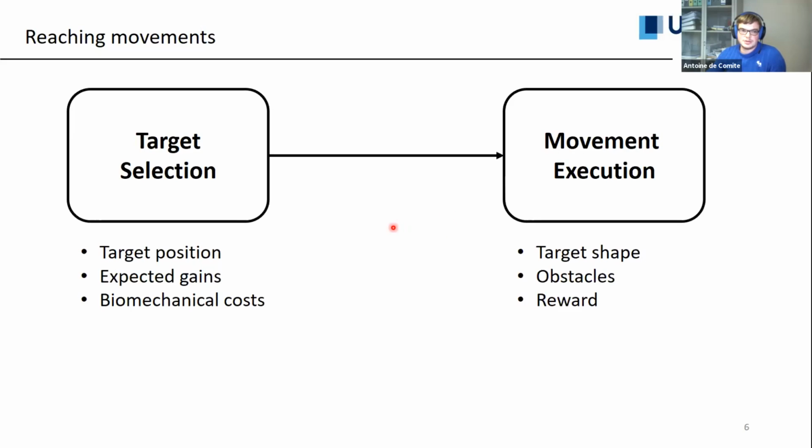And what we want to do in this study is to see whether this reward matters when you execute the movement and there is a perturbation which is big enough, for example, someone bumping into your arm or a wasp that lands on the apple you selected. You might have to change the target you selected and change the apple. And you want to see how much the reward of each of the different apples will have an influence on the way you select a new option.